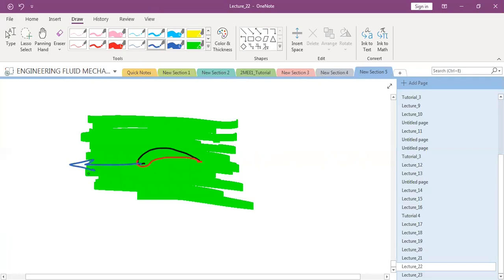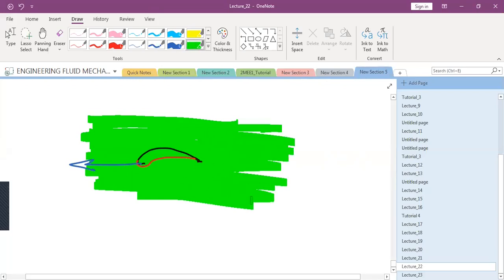And then I just stop this aerofoil. So this was the shed vortex, whose direction is anti-clockwise. This was the bound vortex,